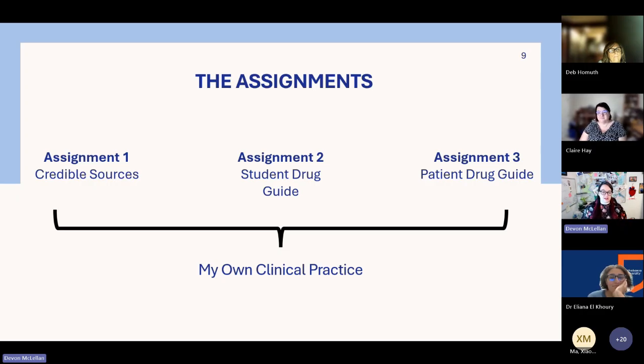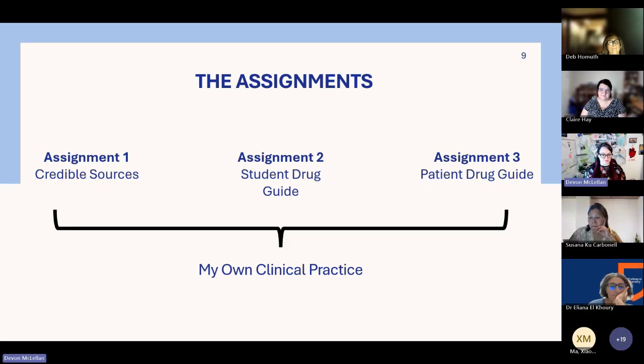And what underpins all of these assignments is my experience in teaching various levels of nursing in our nursing program and my own clinical practice. I am still a practicing nurse in 2 different emergency departments. And while I feel like I know a fair amount about a lot of different medications, I still look things up all the time. It is simply the safest thing to do in practice. We're only human. We can't know everything. And patient safety is always our top priority.